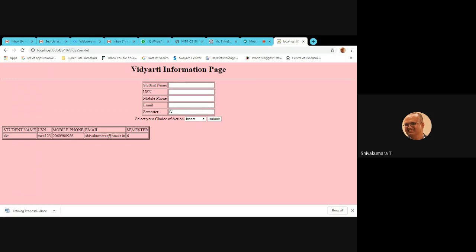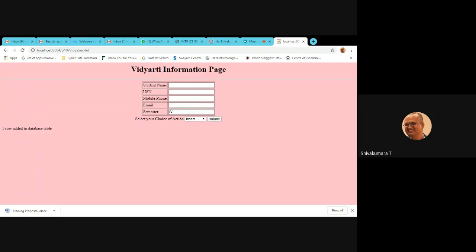Let us check whether it is inserting or not. Chetana, USN1 BY19 MCA 54, phone number, some phone number I am adding. So email Chetana at Gmail for some student. So now insertion, submit.